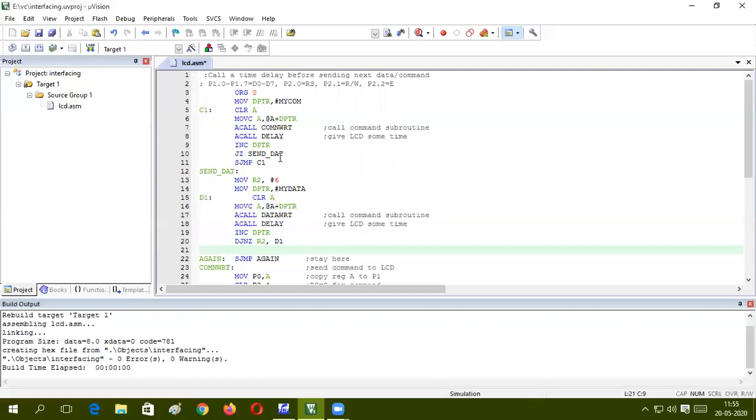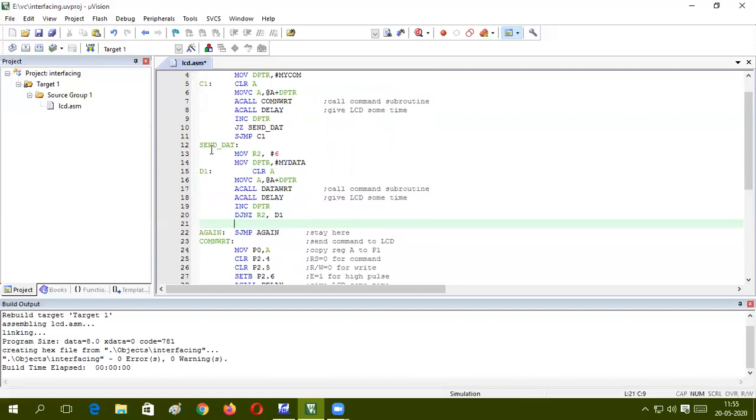Then after finishing initialization of the LCD display, we are going to send the data. In order to fetch the characters which are there in the message, a total of 6 characters are there, so we have taken 6 here as the count. Then using the starting address which is there in the mydata label, we are fetching each character at a time.